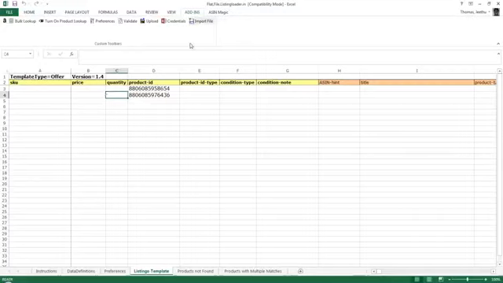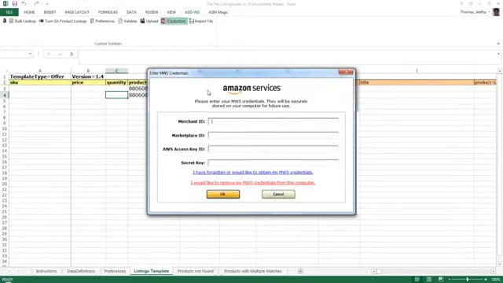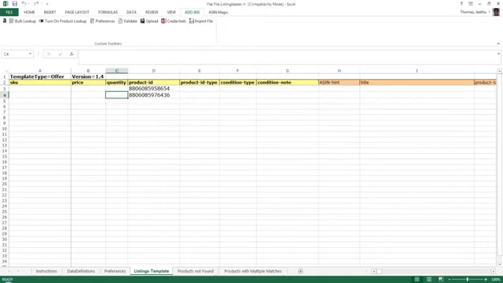So what you need to do is, first, enable the macro. After you enable the macro, you will get this add-in. Here, the first thing you have to do is enter the credentials. You click on credentials and enter these details. How will you get these details? You have to go to